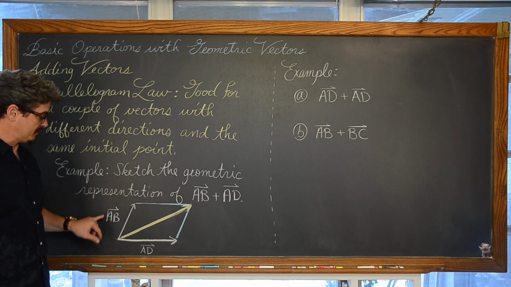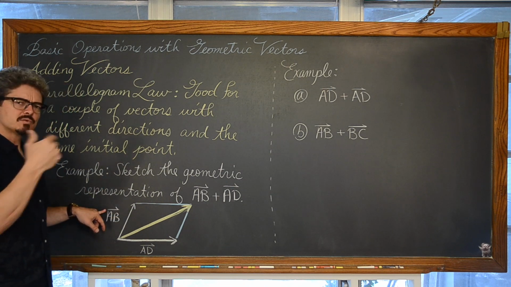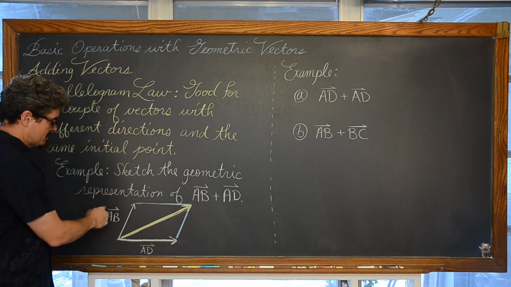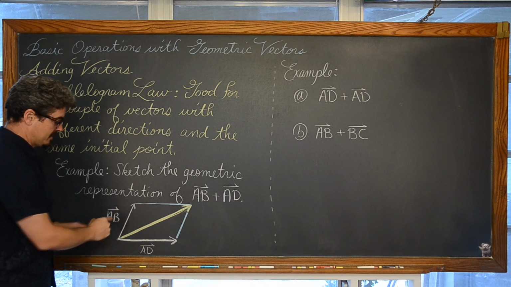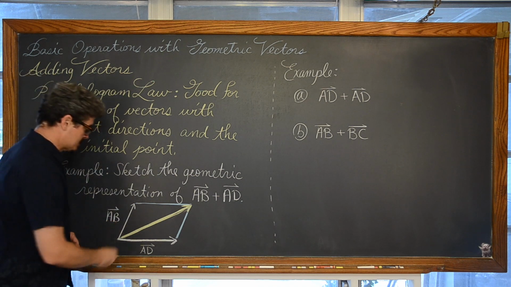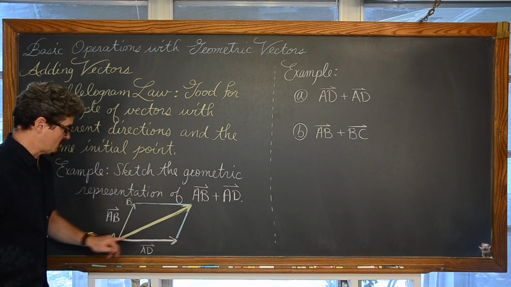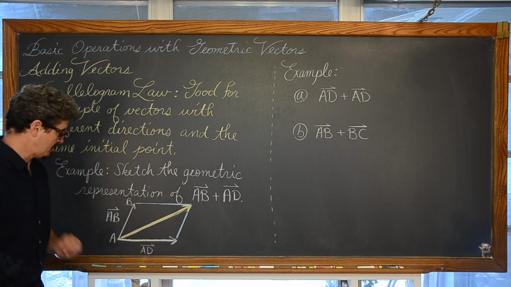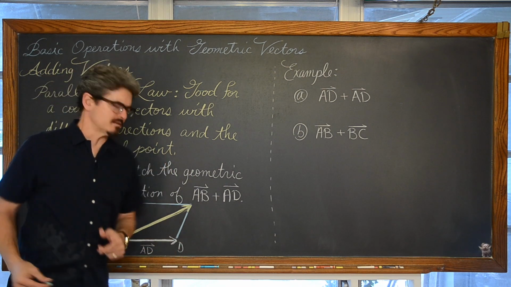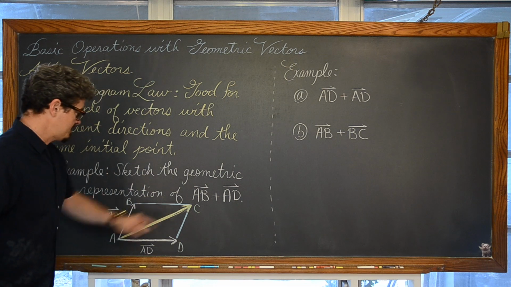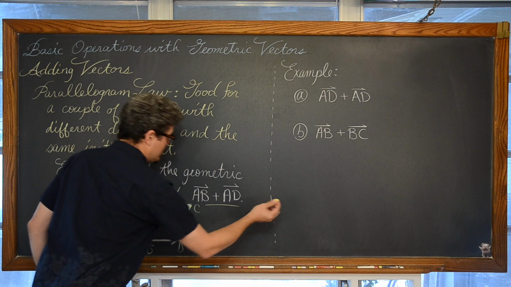Well, this notation above the letters A and B, the arrow, that visual representation of that vector, is starting at A, and the point of that arrow is above B, indicating that point B is the terminal point. So this is point A, this is point B, this is point A, or vertex, if you will, of the parallelogram. Now we have a terminal point D, and since I've already used A, B, and D, how about we just call it C? So this yellow vector is the resultant of doing AB plus AD.